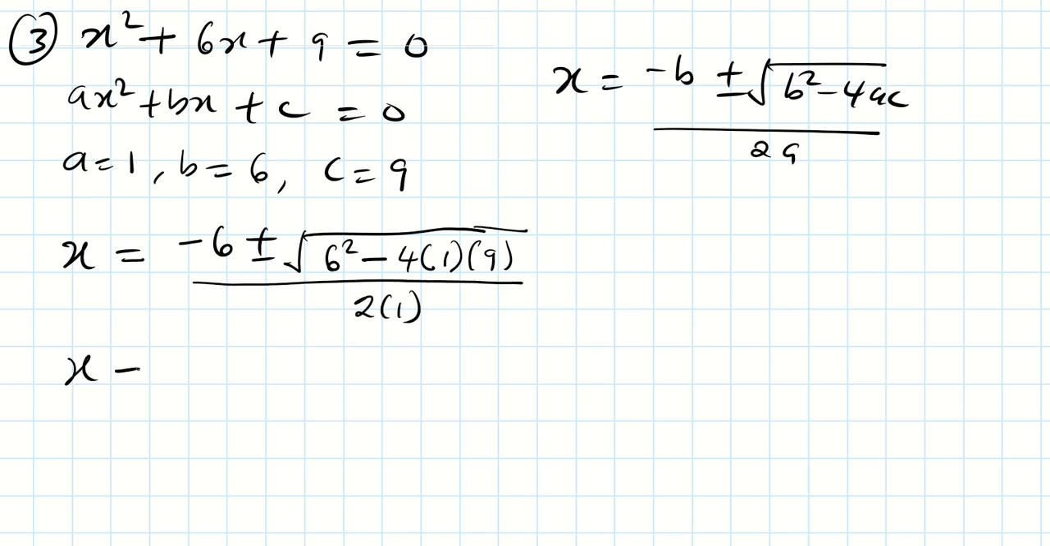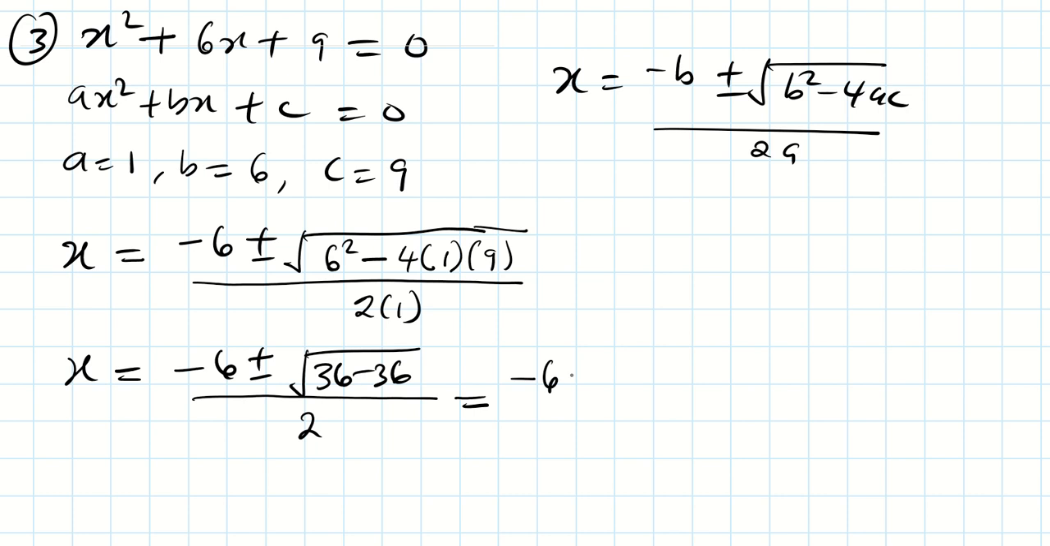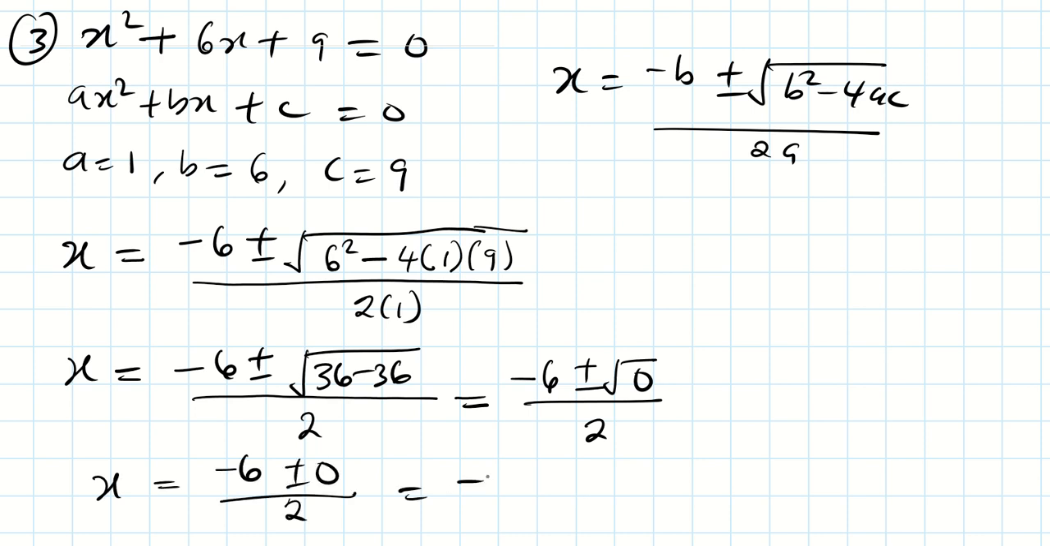So our x is equal to minus 6 plus or minus the square root of 36 minus 36. That is 4 times 9 is 36, divided by 2. And when we do this, we have minus 6 plus or minus the square root of 0 over 2. This is interesting. So our x is equal to minus 6 plus or minus 0 over 2, which is minus 6 divided by 2, which is equal to